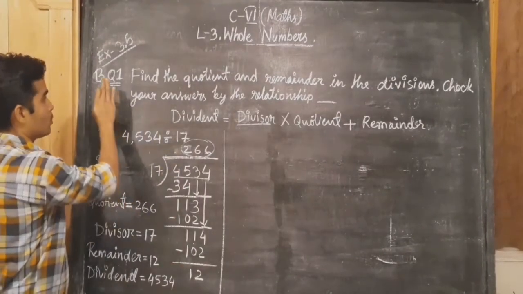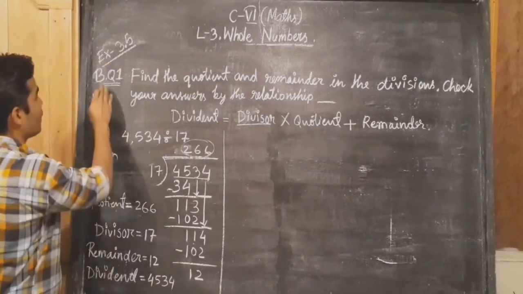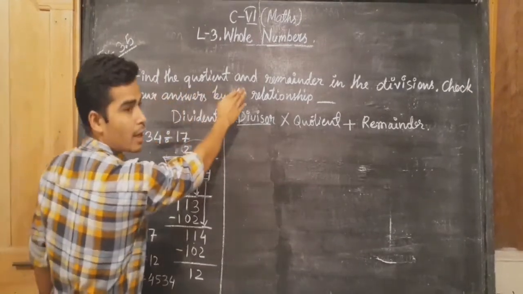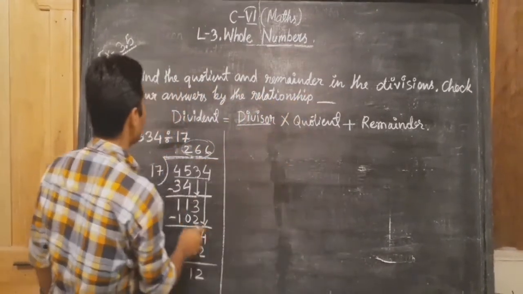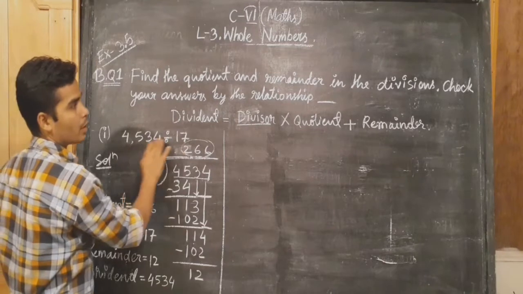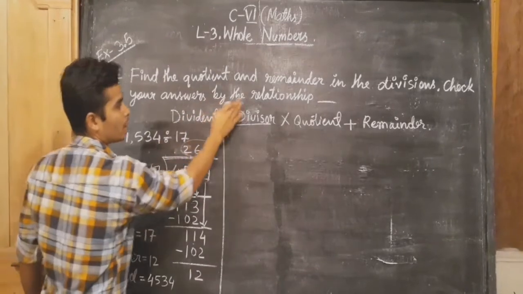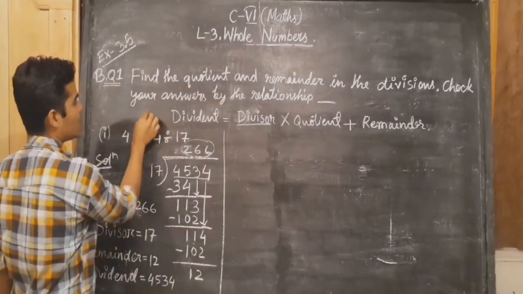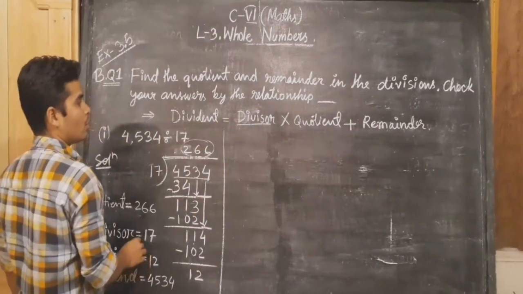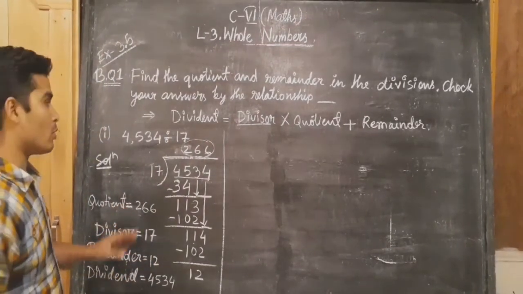Now let us move to this question. This question I have taken from exercise 3.5 B, question number 1. Let us read the question first. Find the quotient and remainder in the division. I have to find the quotient and remainder in this division. Okay, and we have to check our answer by this relation. This relation in division is called division algorithm. So by this relation we can check our answer is correct or wrong, where